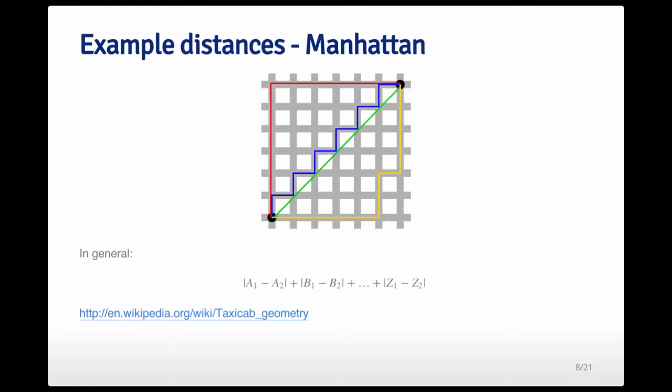The green line here would represent the Euclidean distance, which would be like if you were a bird and you want to fly over everything across the 2 points. But as a person walking on the ground, you have to take either the red line, the blue line, or the yellow line, or any other kind of pattern in between. The point is that you'd have to travel along the city blocks. And so the distance that you would travel along the city blocks here, you can imagine the gray lines as the streets, that's the Manhattan distance, and it can be written formulaically as the absolute sum of